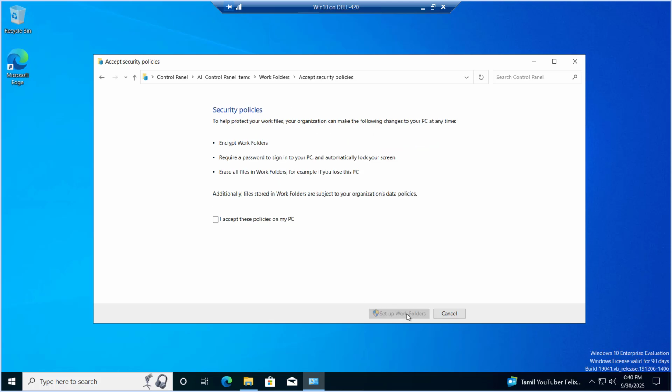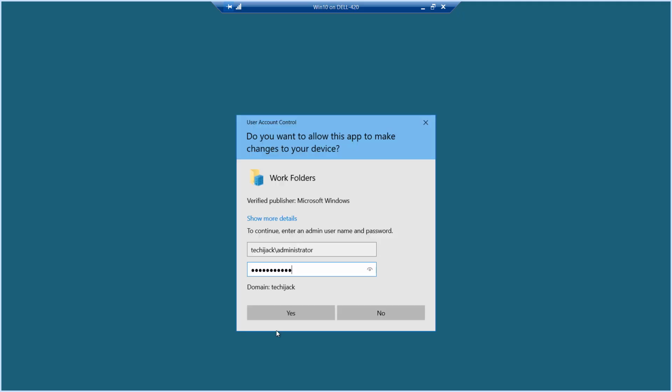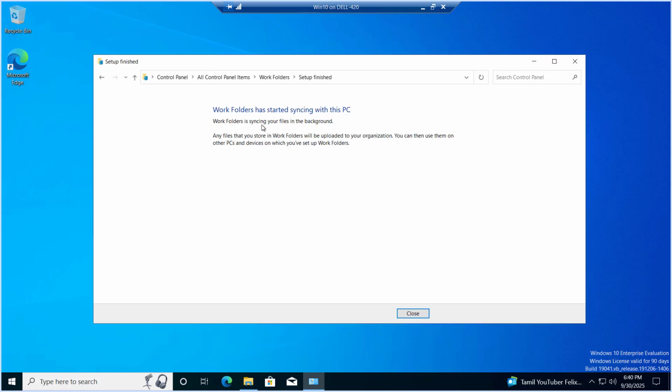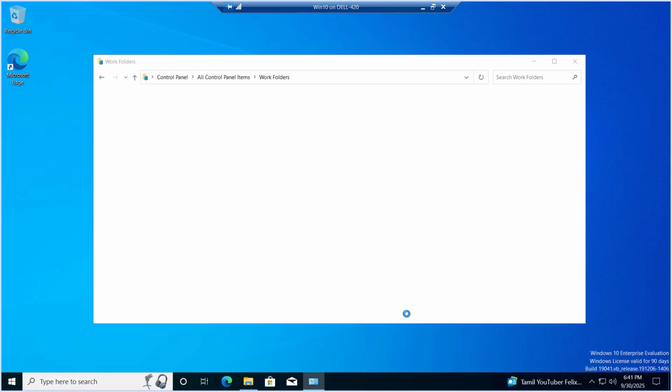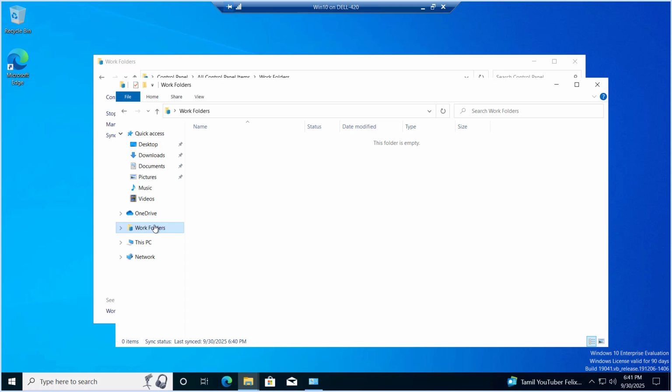Click on Next again, and these are the security policies you have here. Let's accept these policies on my PC, and after that set up the Work Folders. It will ask for the credentials of the admin. Let me put that in, and now you can see it is setting up the Work Folders. Work Folders has started syncing with this PC. Let me close this, and if you see here, this is My PC and this is the Work Folders,